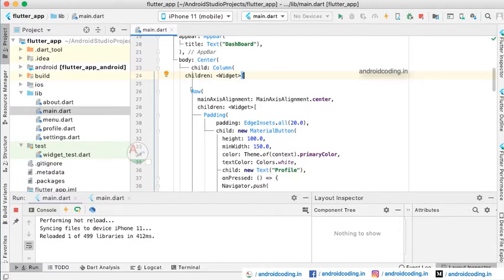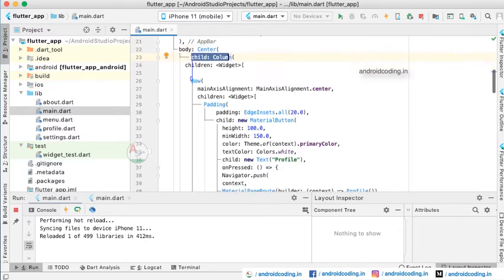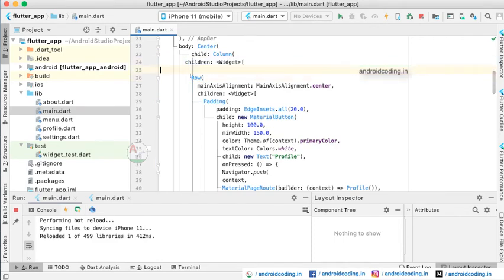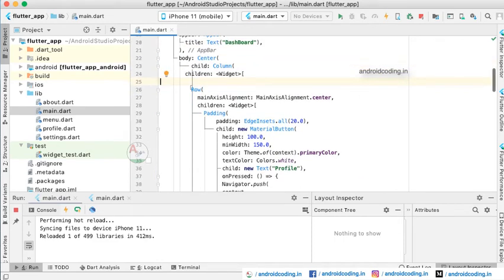We are considering a Center, and inside the Center a child as Column, and inside the Column we took a children widget. Why we use widgets like Column is that we are specifying whether it's a row or a column.